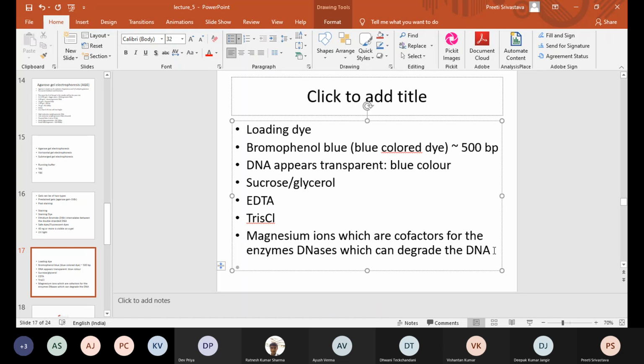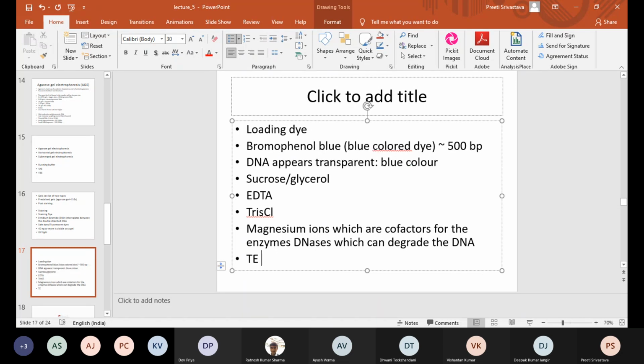The strands that you had collected at the time of genomic DNA isolation are also preserved in a buffer called TE buffer, where T stands for TrisCl and E stands for EDTA. And here the purpose of EDTA is to chelate magnesium ions, which are cofactors for DNases, which can degrade the DNA. So in this case, EDTA is working like a protective reagent. It is preventing the DNA from degradation. Following or no? Don't sleep.